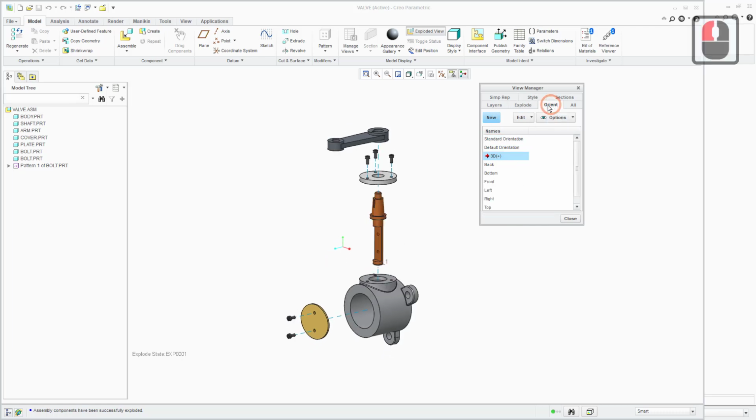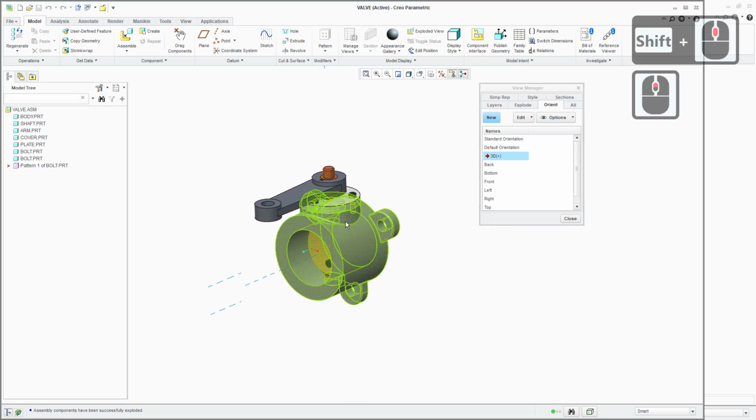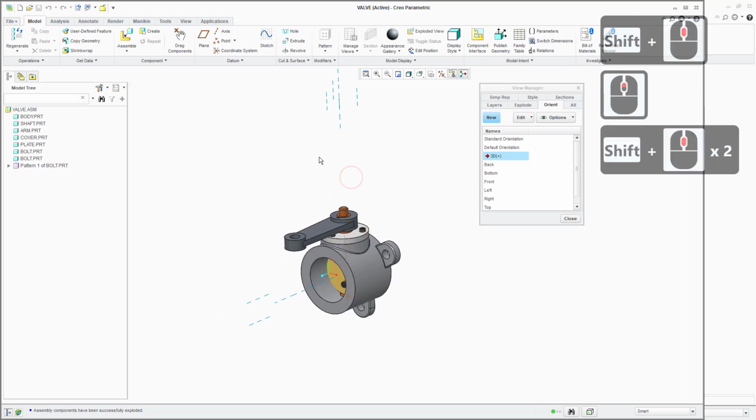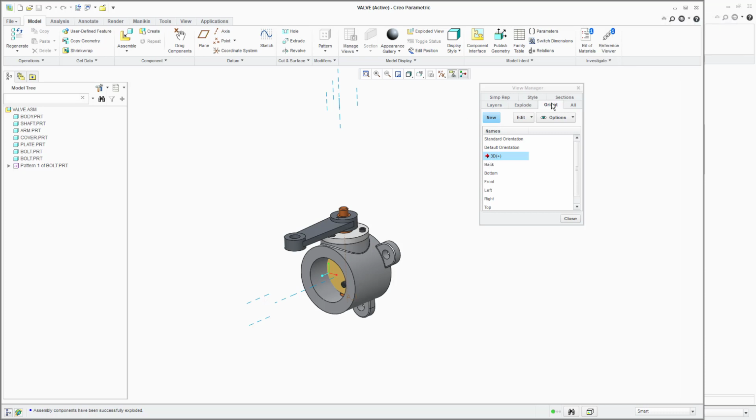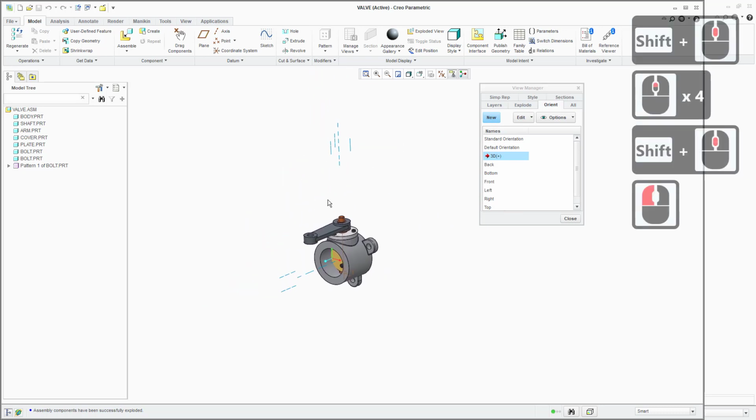So if we also just quickly double click on that 3D view, that's the angle that we're going to view this part from when we place an exploded view in our drawing. So it would be wise to select that 3D first, so you can select it from within the Orient tab, because it's related to how the camera is orientated relative to the part, or you can access it from this drop down list here, where all our standard views are in there and any user created views are in there as well. So if you select 3D, it spins the camera around so it's looking from that predefined